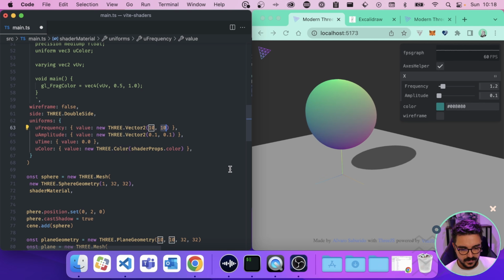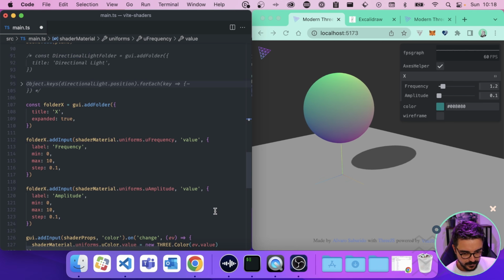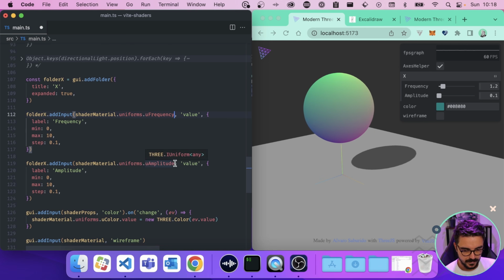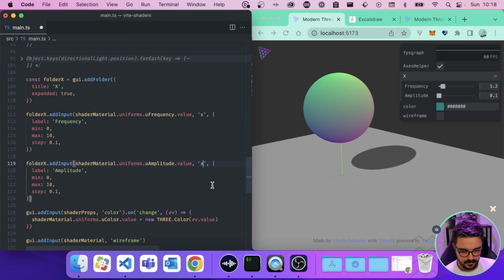Because I want the frequency to be different for the X and Y values, for example for the X let's put 20 and for this one 5. We will also need to modify our folders here because we are changing the value. It's no longer going to be a single value; it's going to be value, and this one is going to be the X, and this one is going to be the X.